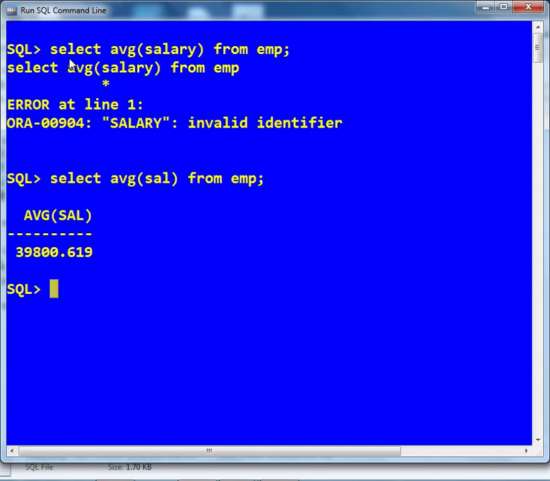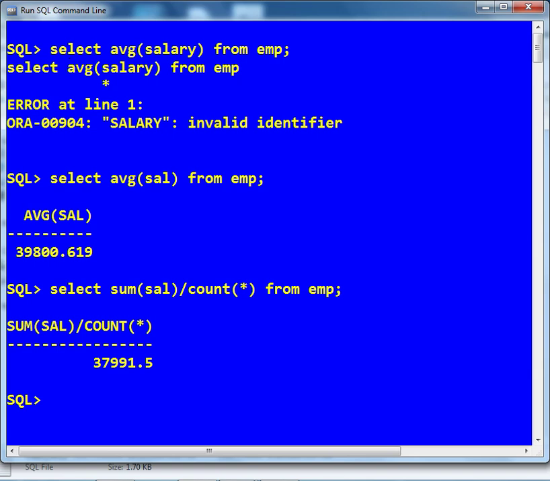So this is giving me 39800.619. Now if I write sum of salary divided by count asterisk from EMP, here we can see the difference: 37991.5, because count asterisk will count null values also.